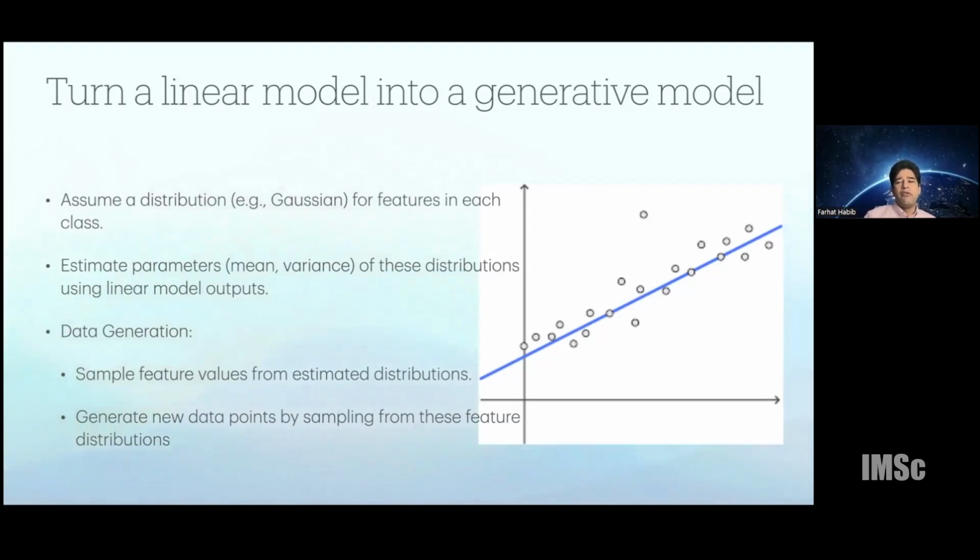You could generate a random variable with the same mean and variance, put it along the line, and add this random error that you have generated, and you would get a new set of data points that follow the same distribution as the original set of data points from which you had learned this particular distribution. So you have created a generative model that learned from the distribution that was given to it, and if you were to take the new set of data points, you would be able to get the same